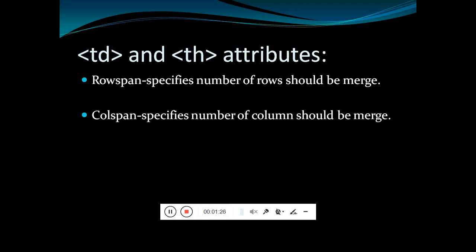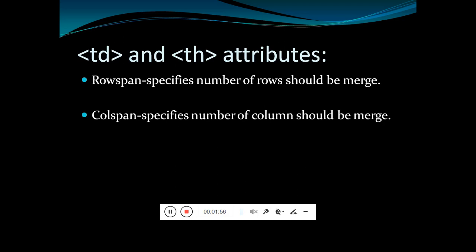And the column span, that is merging of columns in a table, or we can say it specifies the number of columns that should be merged. That is nothing but the col span. So simply whenever we want to do the merging of rows, then we use the row span attribute. Whenever we want to do the merging of the columns, then we use the col span attribute. We can use these two attributes either in the th or in the td.